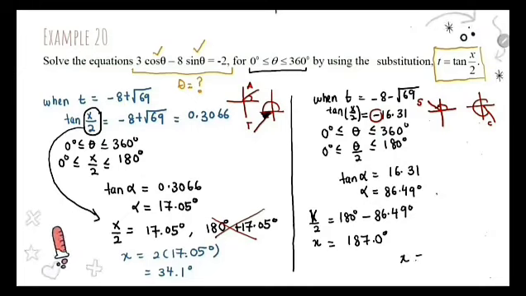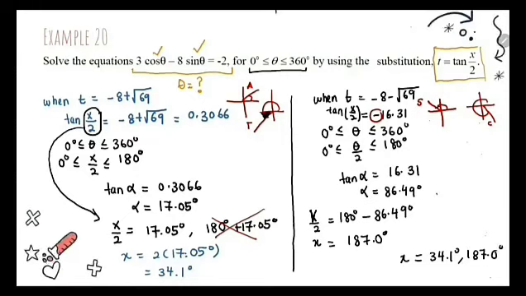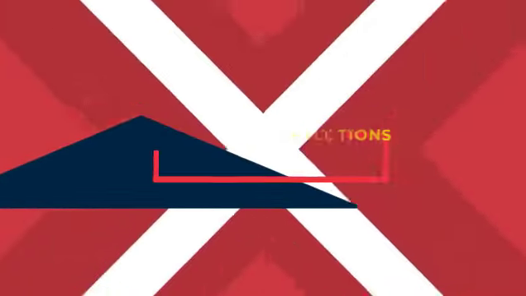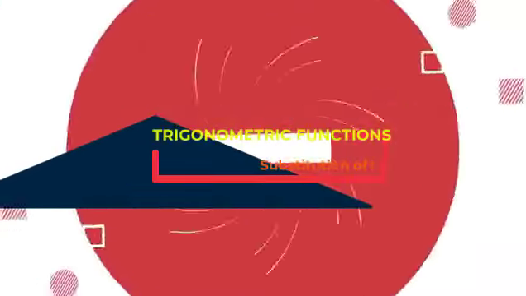So we have two values of x, 34.1 and 187.0. Okay, so that's how we solve an equation of a trigonometric function using substitution of